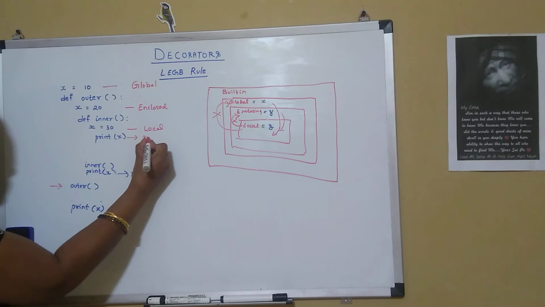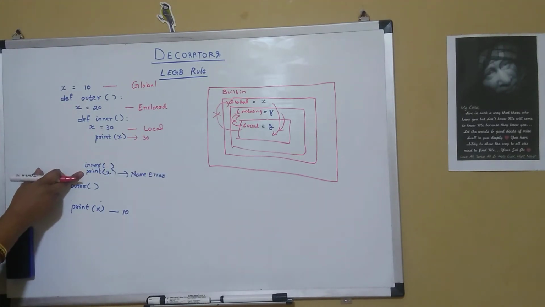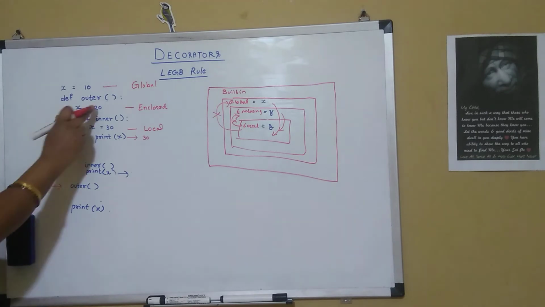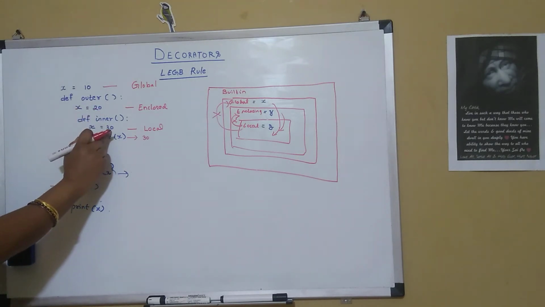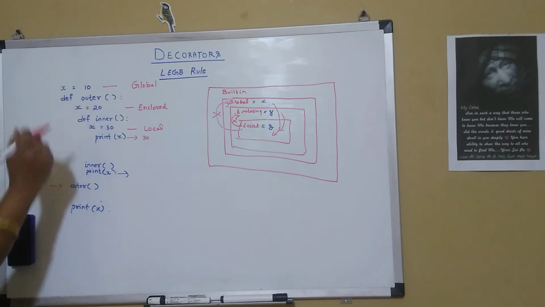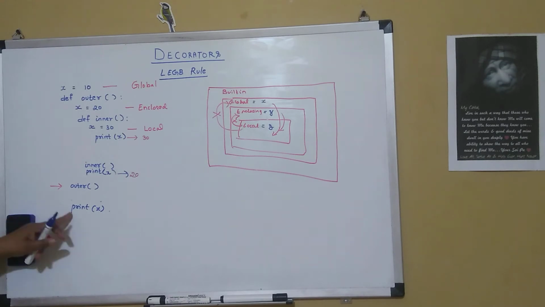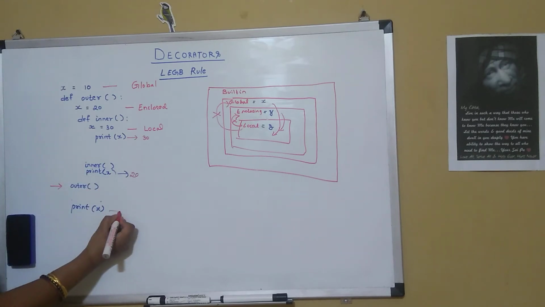Now within the enclosed function, the enclosed value has the precedence because it cannot access the local value. The enclosed value gets precedence and it prints 20. And within the program, that is outside the function, the global value has higher precedence and